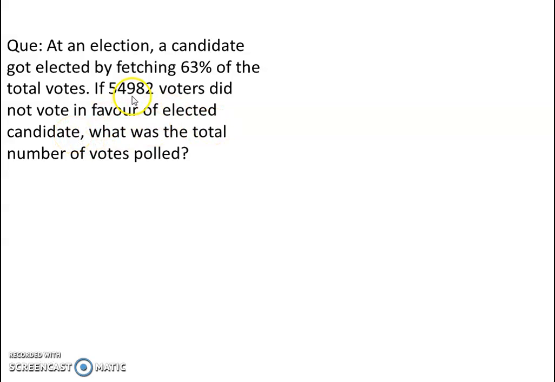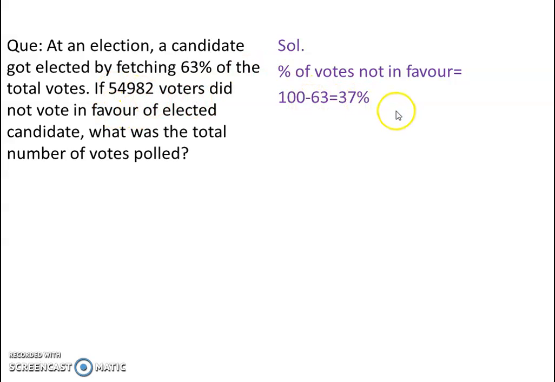So we can find the percentage of voters who are not in favor of the elected candidate. So overall there are 100% votes, 63% are in favor. So when we subtract 63 from 100, we will get the percent of voters who are not in favor. So 37% of voters are not in favor of the elected candidate. Now it is given 54,982 voters did not vote in favor. That means 37% is equal to